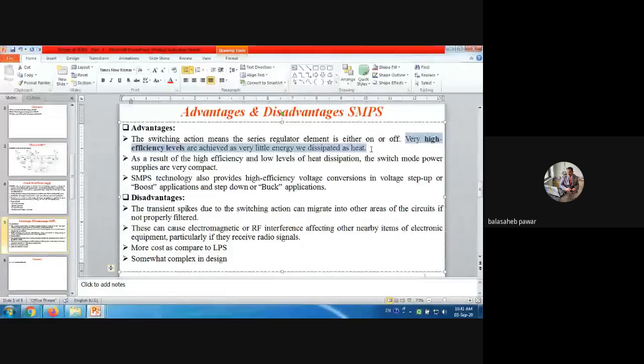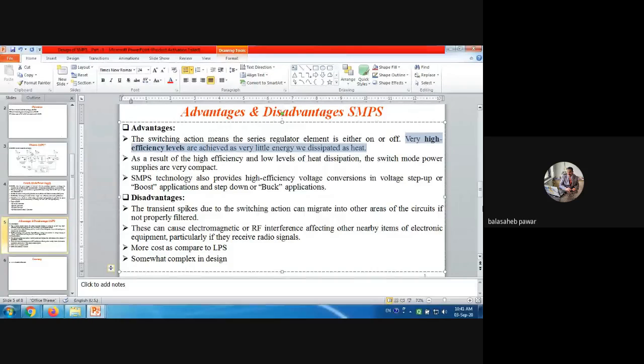So during the on state, there will be a voltage drop. The first thing is, during that 1.2 microseconds, as per our example, whatever drop occurs will be very, very small due to the low resistance offered by that transistor. And second, that transistor remains on for a very small time duration, only 1.2 microseconds. Correct now? That's why the efficiency achieved by SMPS is sufficiently large compared to a linear power supply.